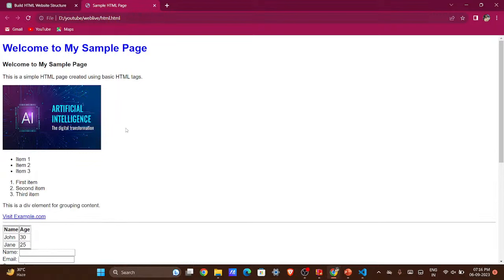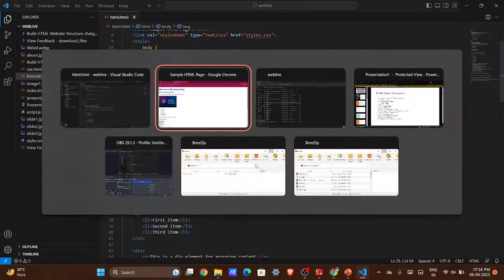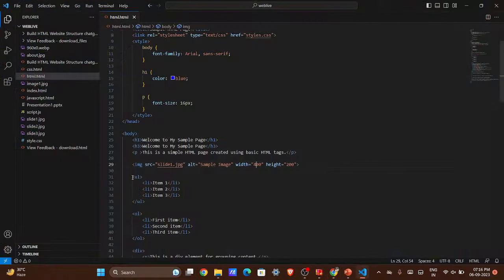So we get the page. So you can increase the height or width of it as you need. Say for example, I am just changing it to width 400. So see, that's it, it just gets expanded like this. So you can do something like this. Then it comes an